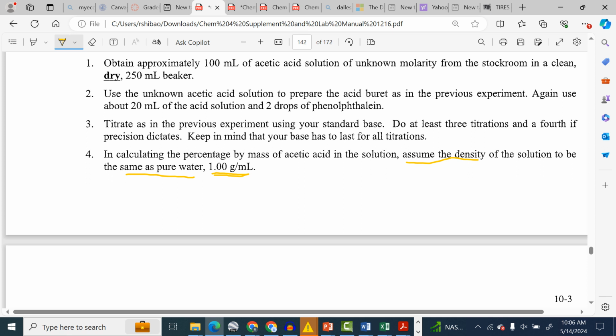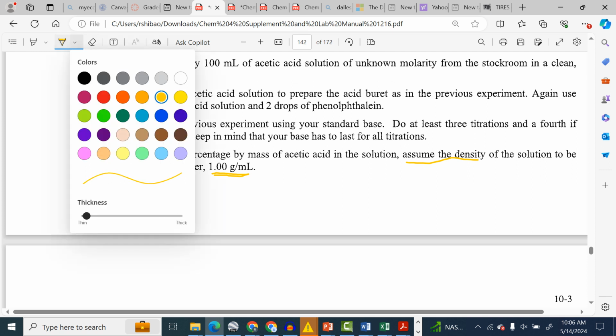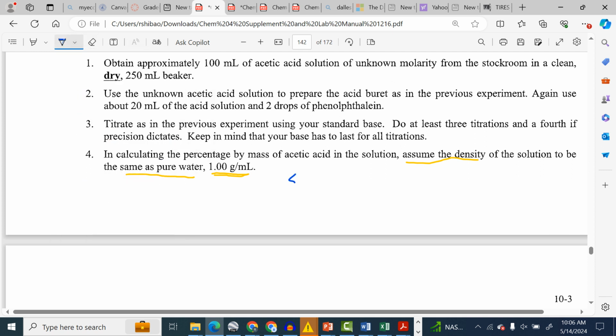To give you an idea of this, what would you estimate as the density of seawater? Would you say that seawater is close to pure water? No, the density. Would you say it's more dense, right? Because there's a bunch of salt dissolved in there. Do you know what the average density is approximately? No, 1.03 grams per milliliter. So if we assumed that seawater was like pure water, we'd be about 3% error. Is 3% error livable or